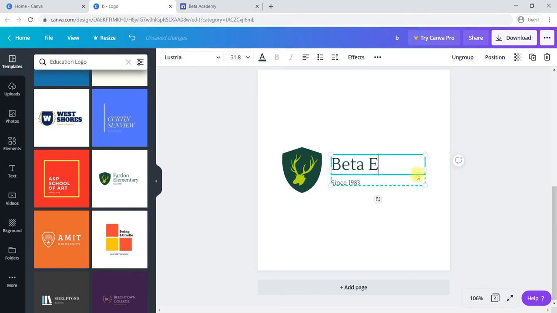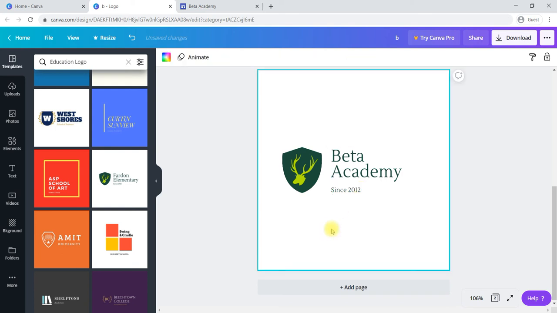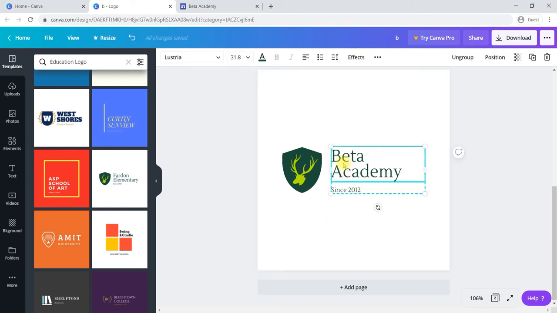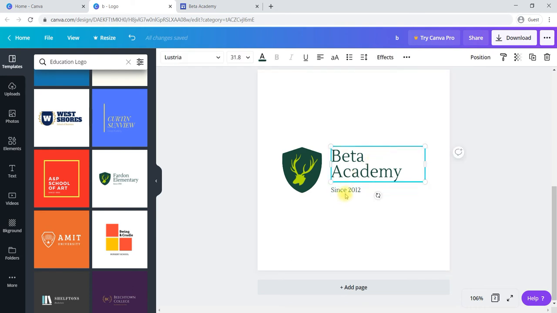Double click, like this we can create. For example, this entire thing is a group, so if you would like to ungroup them, you can select ungroup. By selecting ungroup you can change it. If you like to group it again, select and say group. How to select? We have to use the shift key for multiple selection. Press shift, select all and say group. Like this we can group.